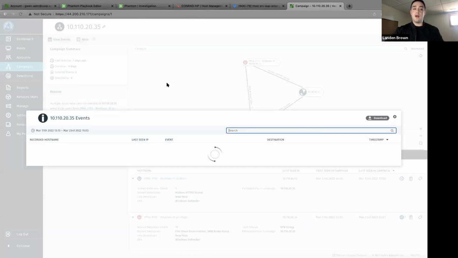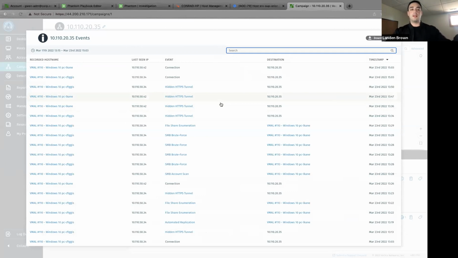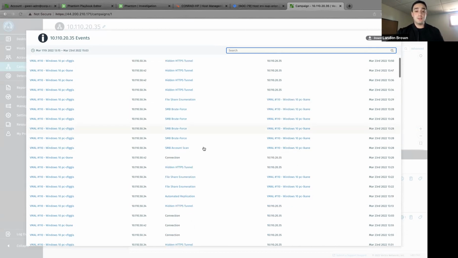And even more than that, we can come in here and we can see the actual event by event data as far as how did this campaign start? Who was my patient zero? What exactly happened prior to the breach, right? First thing that we see is command and control communication. Then immediately after receiving the automated instruction set or the partially automated instruction set from a C2 node, we see file share enumeration, we see the brute force attempts, we see SMB account scans,